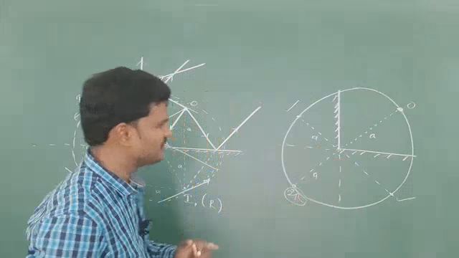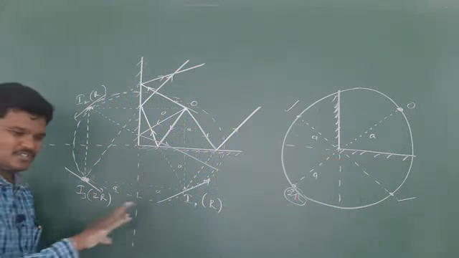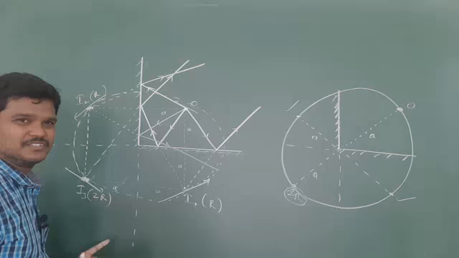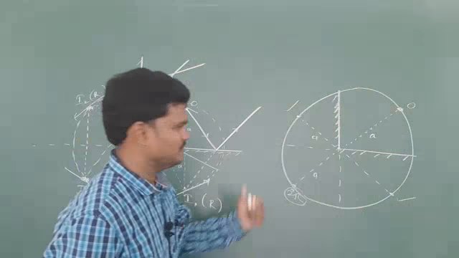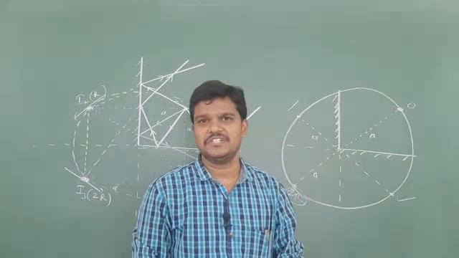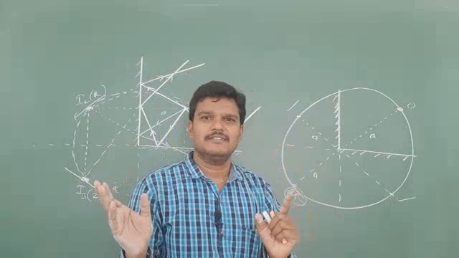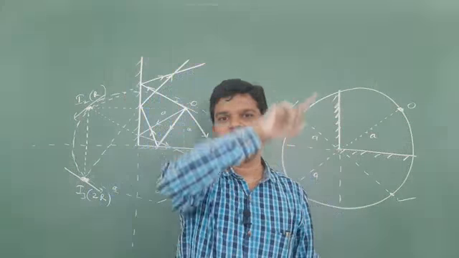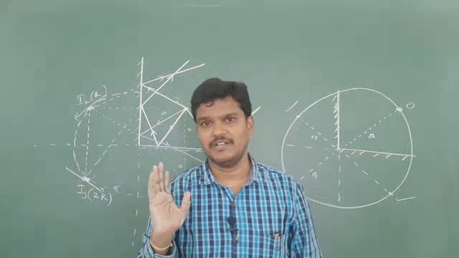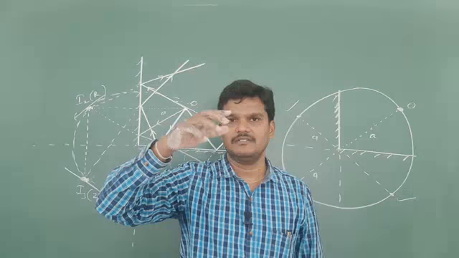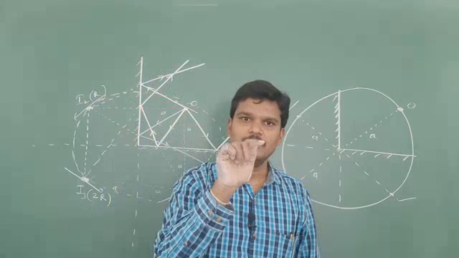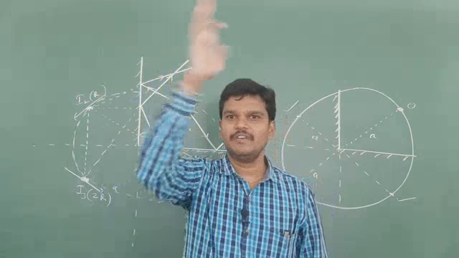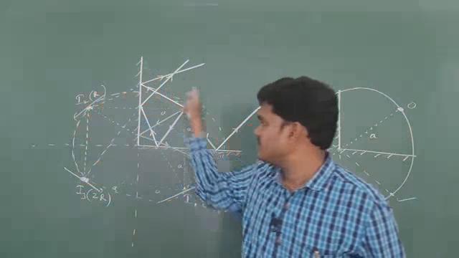So no need to worry about all these things. This is a small story, and still it's not clear, I know. So instead of this, let me give the conclusion. Don't worry about this. The conclusion is, whenever two plane mirrors are inclined at some angle theta, all the images are formed along the circumference of a circle. Keep that in mind. Its radius is equal to the distance between the object and the point of intersection of the mirrors. The main point is all the images are formed along the circumference of the circle.